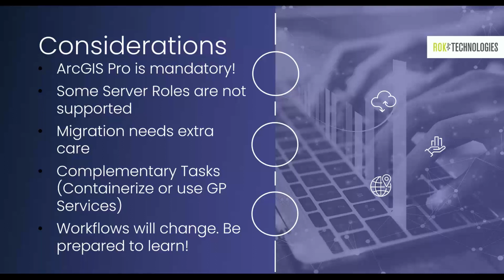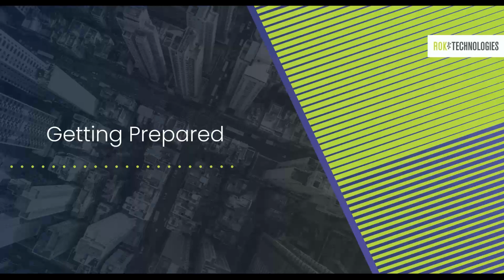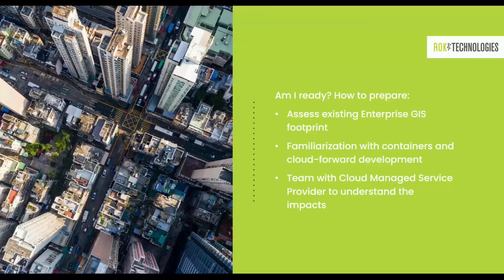So we have a few things to go over that you might want to start to take a look at internally to see if you're ready to take on ArcGIS for Kubernetes and to see if it's suitable for you and your organization. Ideally, there's two things you want to take inventory of. It's your current footprint and your IT environment, so the systems that you have and the data sources and what you're connecting to, and then it's your team's skill set and knowledge itself.